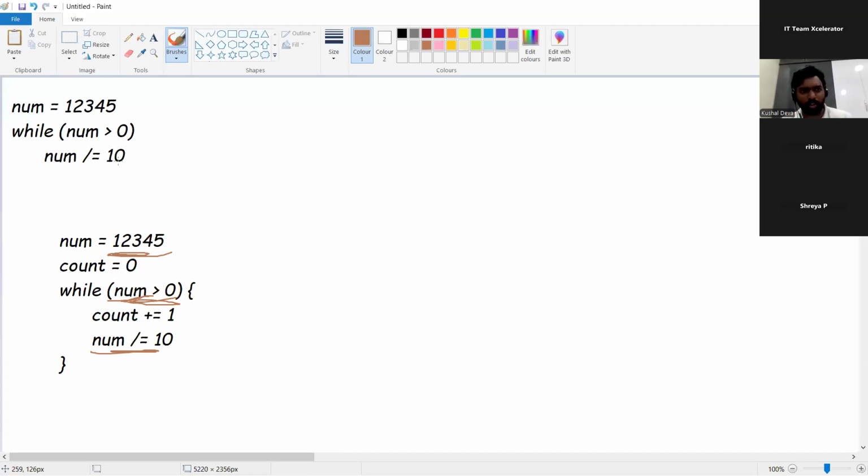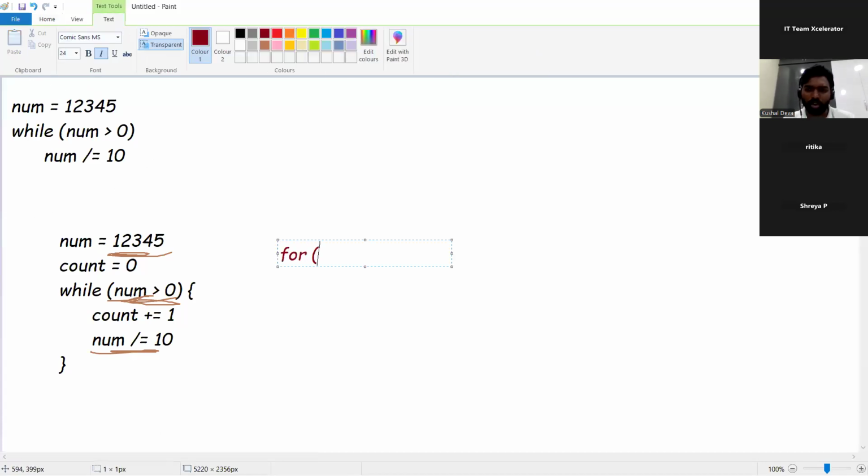So meaning let's try to convert the same code into the for loop in C. How would we convert? Let's say for, so what do you have? Initialization. Initialize your number with 1, 2, 3, 4, 5. So we know what is a condition. Number greater than 0 is our condition. Followed by what's the updation step? Updation doesn't mean only increment or decrement. Whatever action you want to perform such that our condition fails, that would be our updation part. So you divide the number by 10. Cool. So this is how you update.